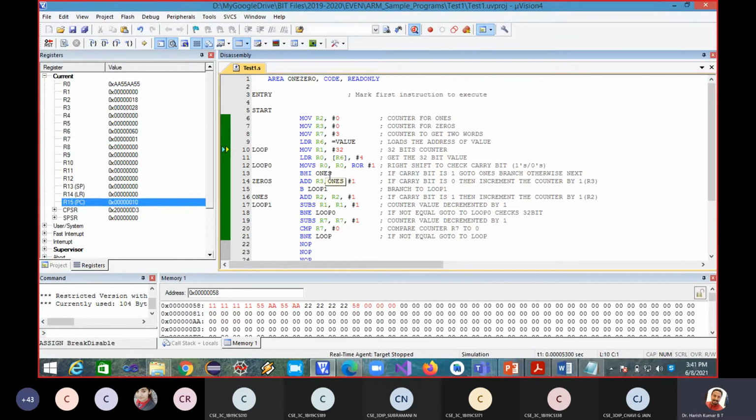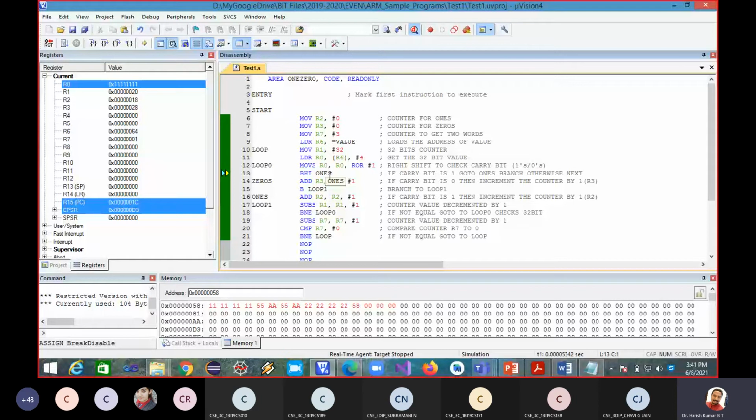We are back to the loop, then load 32 again to the register R1, and load the next data item, that is 222, which got loaded into register R0. Now keep rotating.